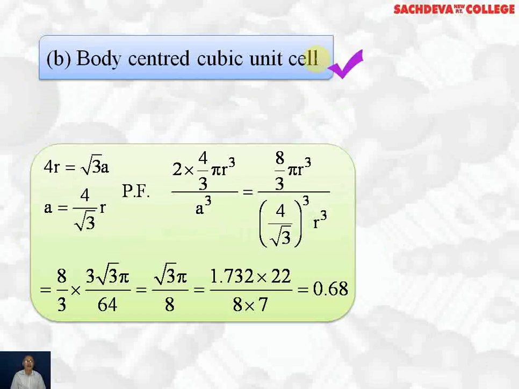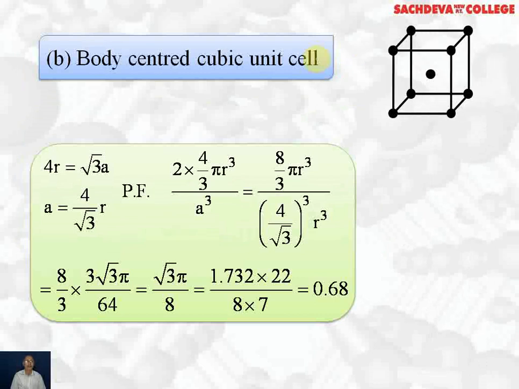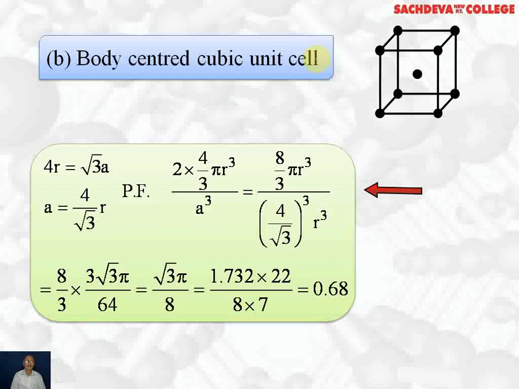Now we are taking body centered cubic. In body centered cubic, 4r is equal to √3a. 4r is the body diagonal. Body diagonal of a cube is equal to √3a, and it has one full sphere and radius of another sphere and radius of the third sphere. So total becomes r plus 2r plus r, 4r, which is equal to √3a, because body diagonal is equal to √3a. Packing fraction will be equal to 2 into 4/3 πr³, because Z is equal to 2 for body centered cubic element, divided by a³.